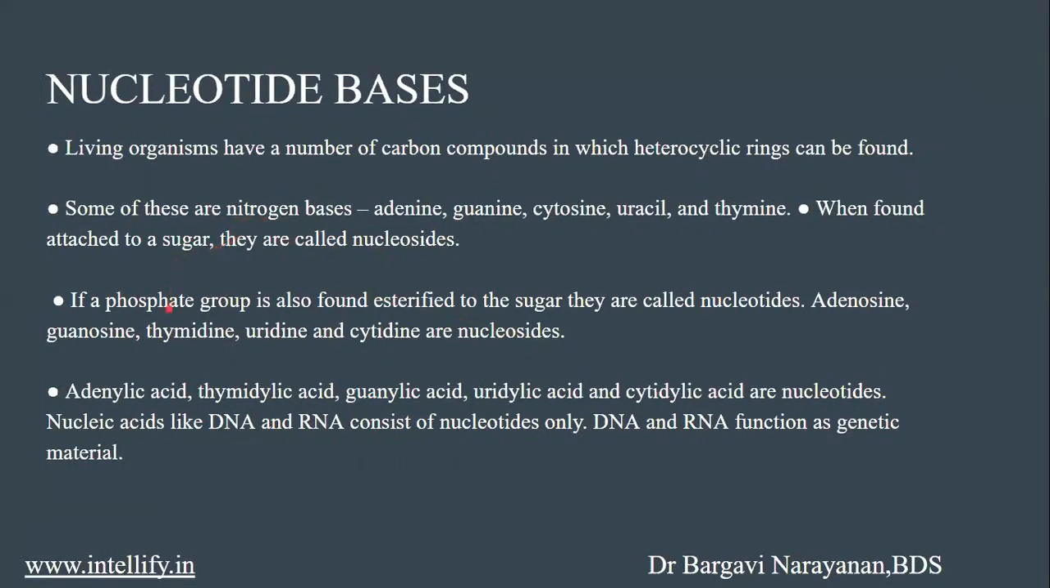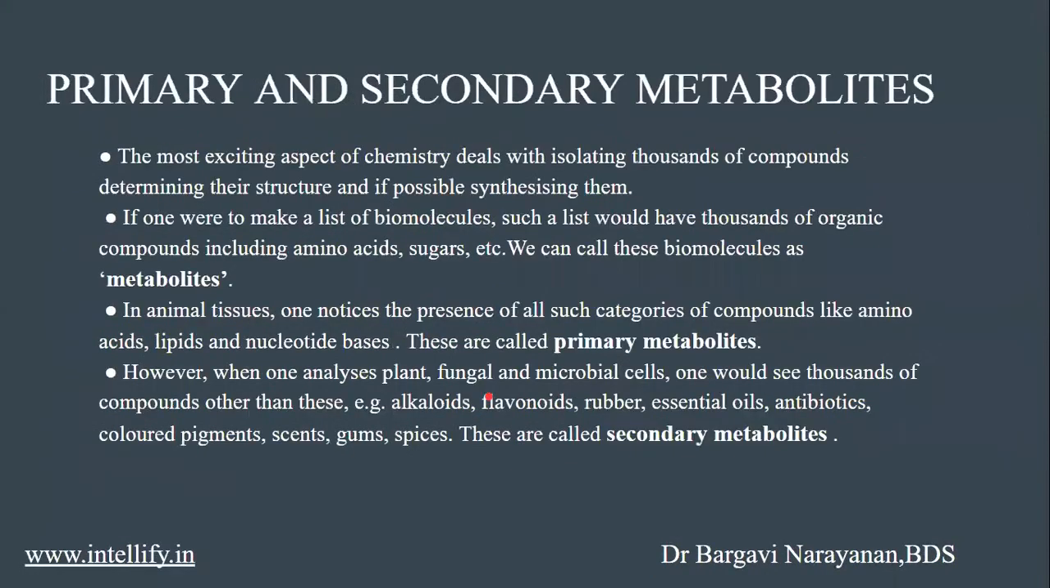Now, if a phosphate group is attached, it's called a nucleotide. Adenylic acid, thymidylic acid, guanylic acid, all of these are nucleotides. Another example of nucleic acids are DNA and RNA, which are also made of nucleotides, and they are the genetic material. Now, coming to primary and secondary metabolites, a very important aspect of